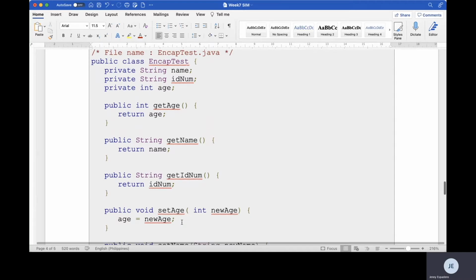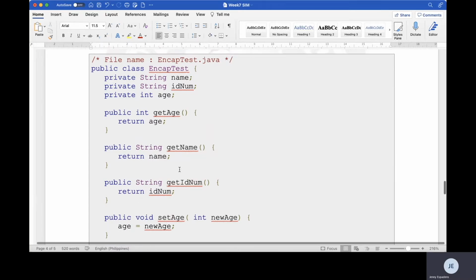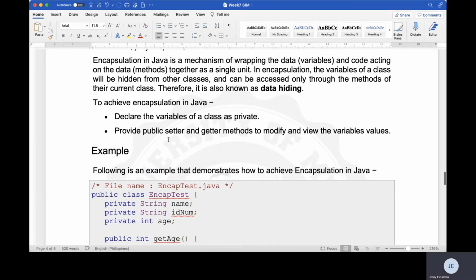So this is also what we call writing, set, or you initialize. Age is an attribute. New age is a parameter of set age. Because the age attribute is private, it couldn't be accessed by other classes. Because of that, you need a setter to assign the value of the attribute age. Okay, so provide a public setter and